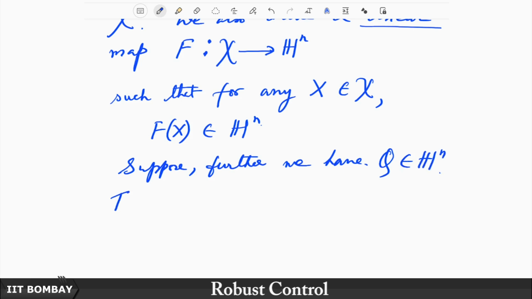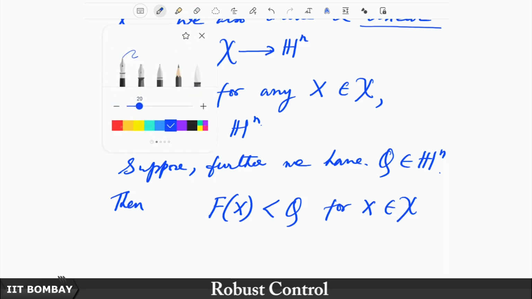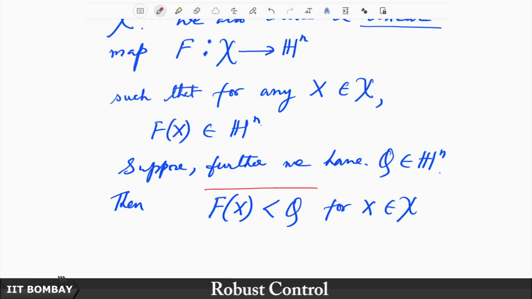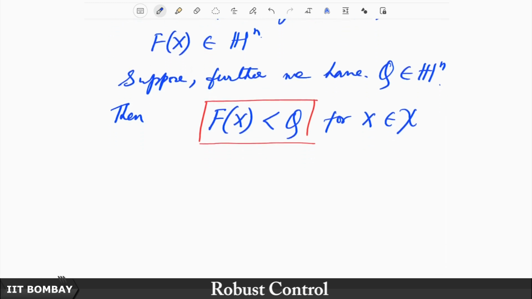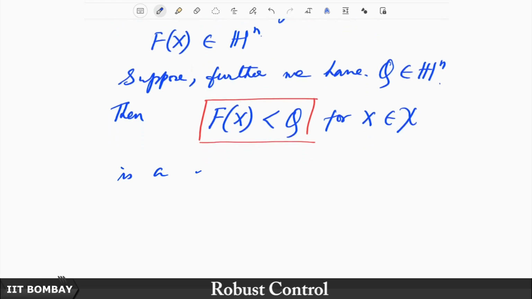Then f x less than Q for x belonging to this vector space X. Let me also box that in a different color, because this is exactly what an LMI looks like, a linear matrix